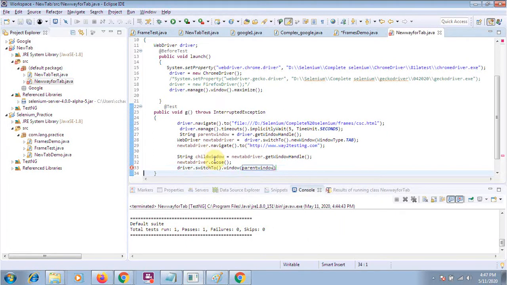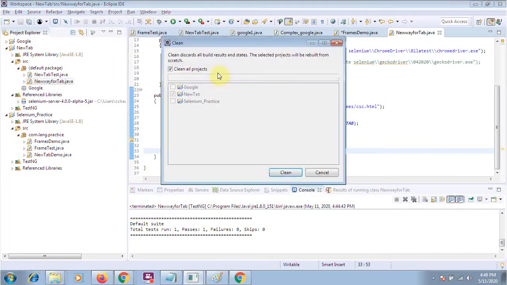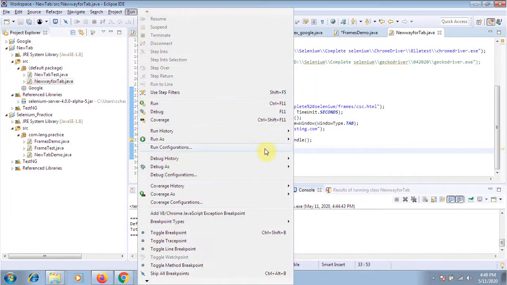Means this is a simple way. There is a little bit of logic: first of all, whatever your driver is in a parent window, just store it in a string variable. Okay, then by using this new window method, you can move to the new window tab, and then you can perform your operation. And then for switching the window from parent to child, you can use the switchTo dot window method, and you can pass the string value. So I will run this one. Simply you will see how we are handling the window. So always remember this code, it is very useful, and it is an updated Selenium feature.